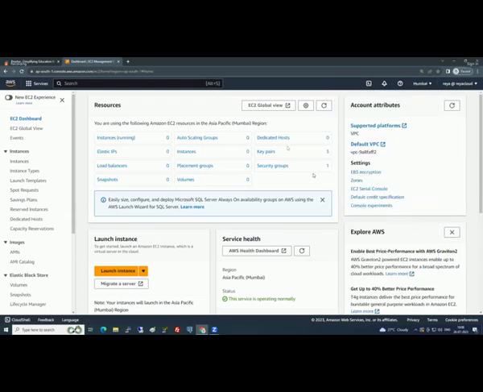Okay. And then EC2 dashboard, guys, this is the resources summary that you get. Everything should be 0 except key pair and security group. Which one? Except key pair and security group. Key pairs are not charged, security groups are not charged at all. But the rest of everything will be charged.